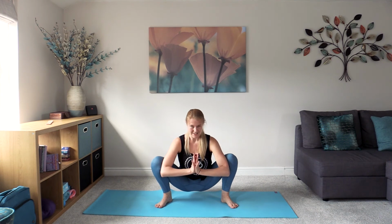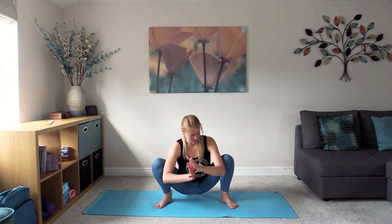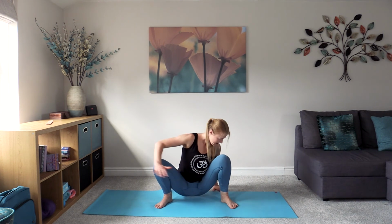Maybe bringing the hands together, you might be able to get your arms into the insides of your upper thighs, insides of your knees, sorry. And then just maybe pressing, opening up in the hips again. I'm going to stay here for one more cycle of breath, doing brilliantly. And then releasing with the hands, we're going to bring the hands behind you. Bring yourself down into a sitting position